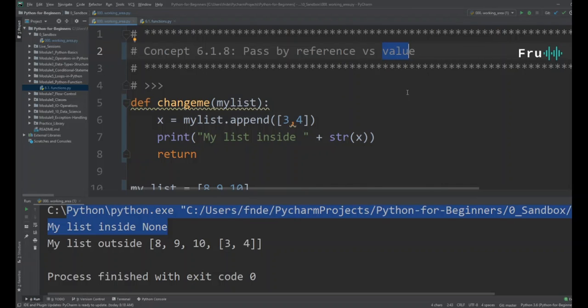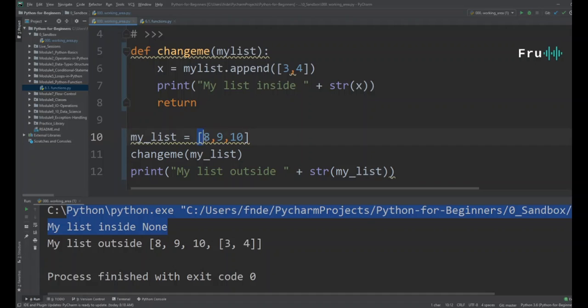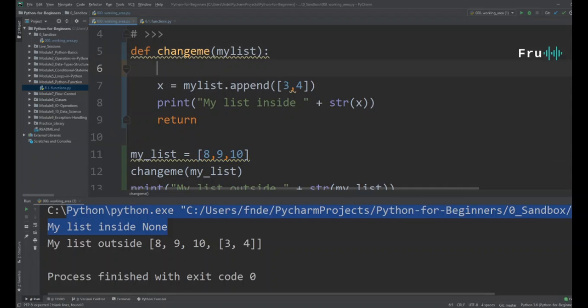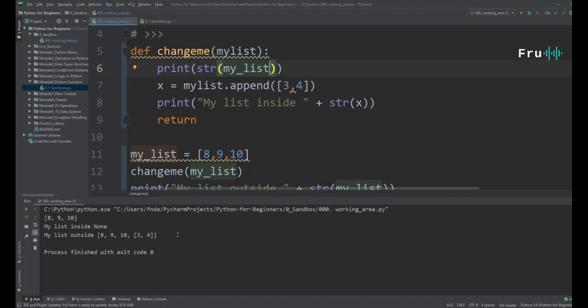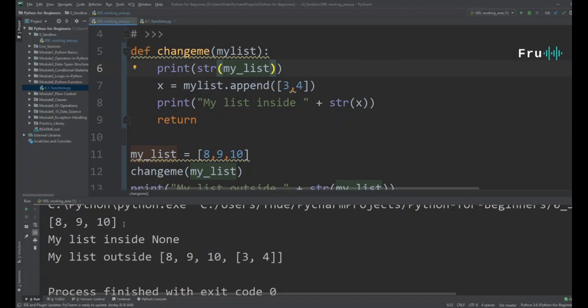When we're working with something like lists, we're not actually taking this list and sending it into this function and doing the appending there. It is simply a reference to this list. So this function is simply going to the original list and adding to it, but that list is not available within this particular function. To really see what I'm referring to, if you go ahead and print my list, let's do string on my list. If you do something like that, you see we are actually printing this value 8, 9, 10 here, but